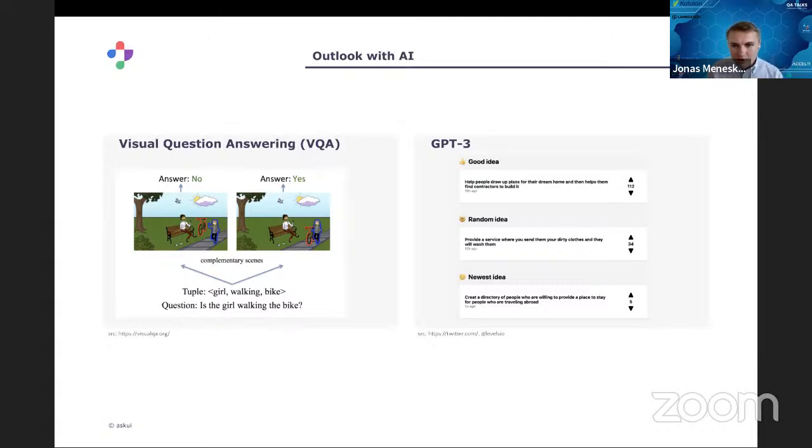For example, GPT-3 is one of these models which will be very relevant in the future. There was this idea on the right where they came up with different startup ideas and it really made sense. And on the left, visual question answering is one topic where you ask a question to an image and then it will give you the answer.